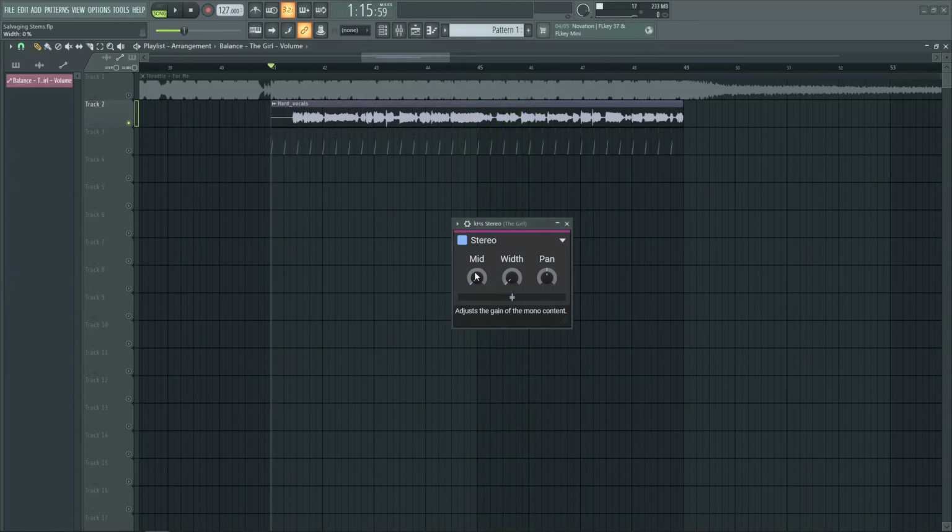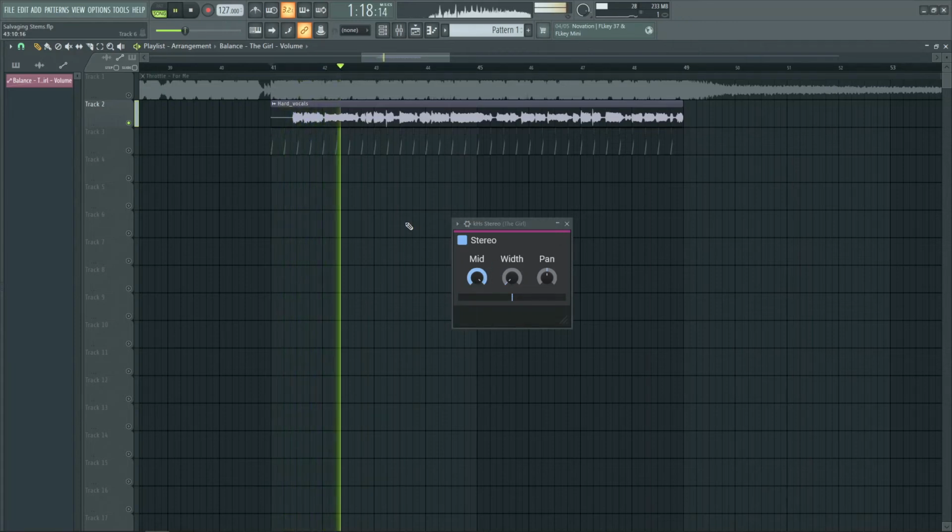And now if I turn down the width and just have the mids,